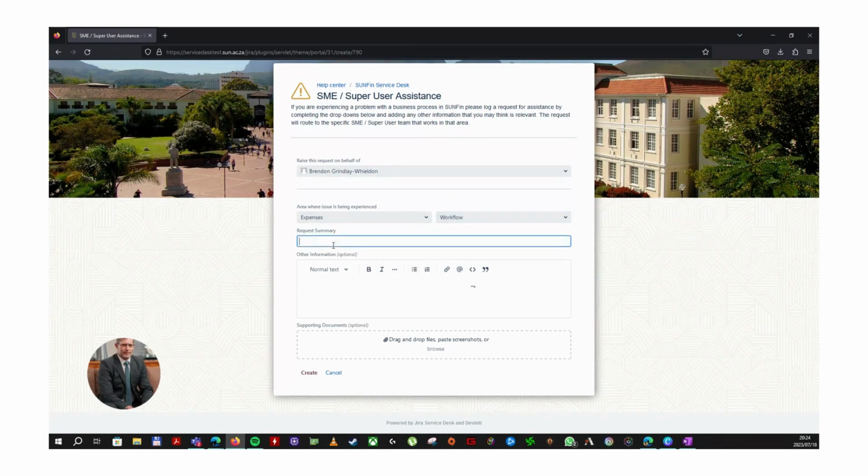Once you have completed this entire page, so we can put in a request summary, and maybe other information, and upload a screenshot if you so desire. You could then click on create,